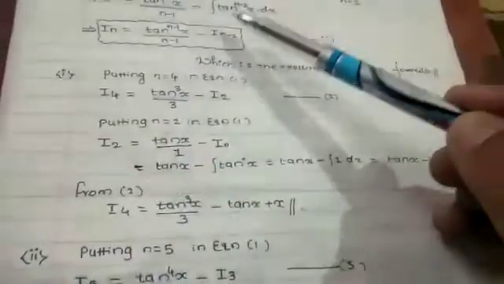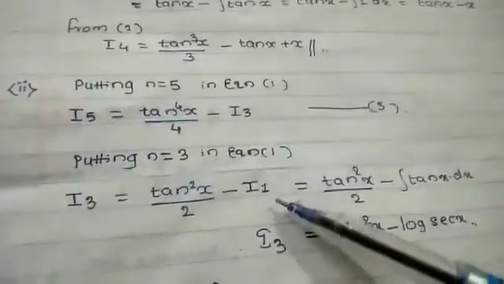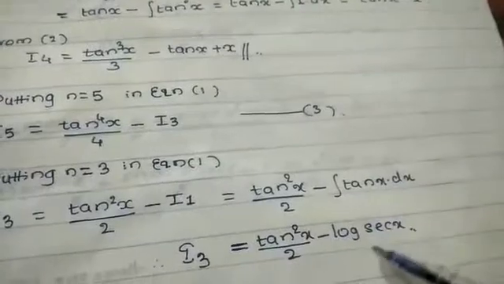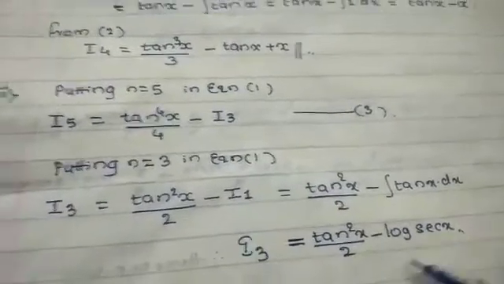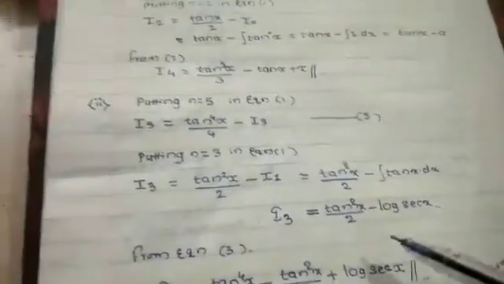So in order to find this I3 value, 3 minus 2, so it becomes I1. Integration of tan x is log of sec x with respect to x. Clearly we have discussed this in online class. Okay,